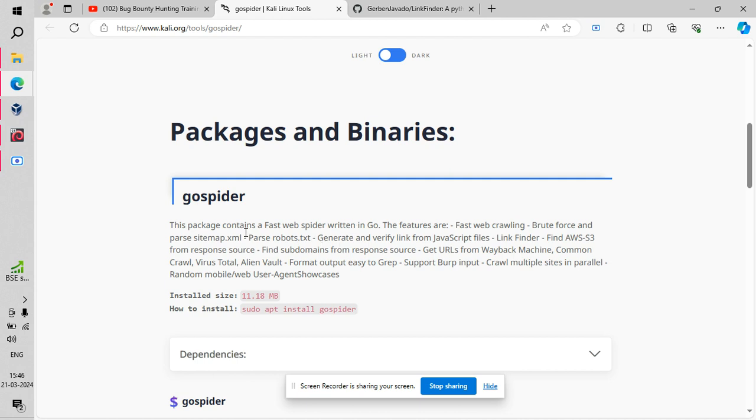It typically operates autonomously, visiting web pages and collecting data according to predefined rules and parameters. The fast aspect of this spider implies that it is optimized for speed and efficiency in crawling websites, and there are features like fast web crawling, brute force and parsing of sitemap.xml, and parsing the robots.txt file, then